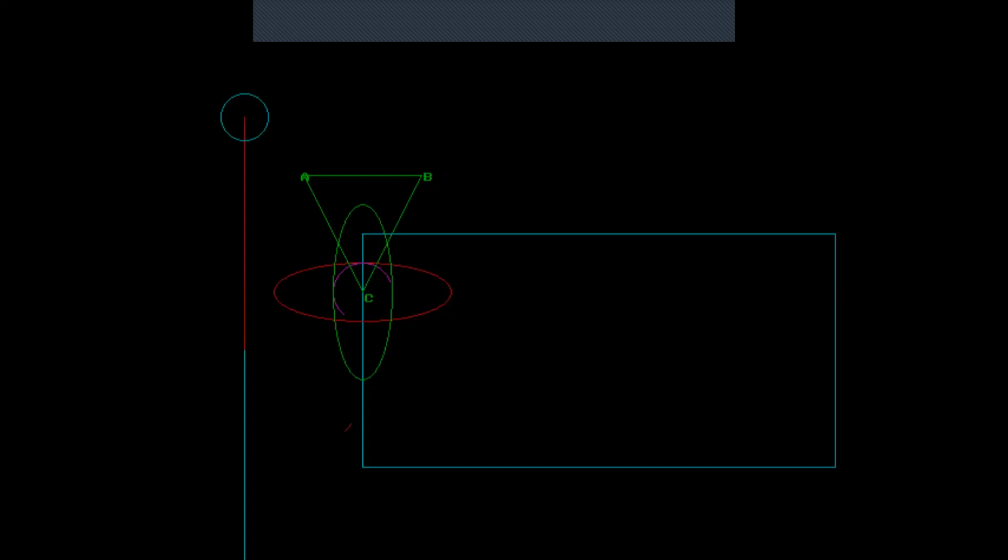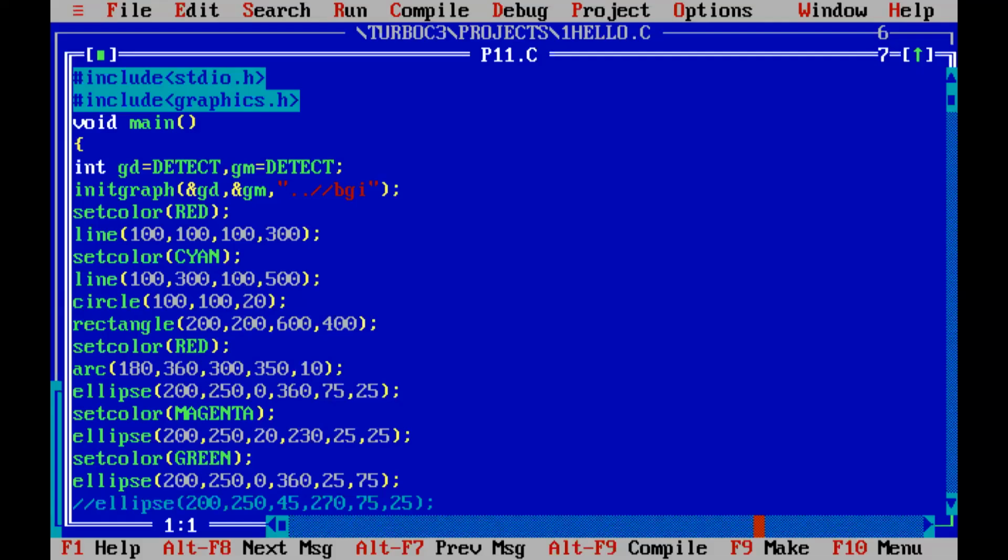And for that, you have the command outtextxy. A is overlapping. So now you tell me what should be the coordinates of A in order to remove that overlapping. Can you tell me? A is overlapping.